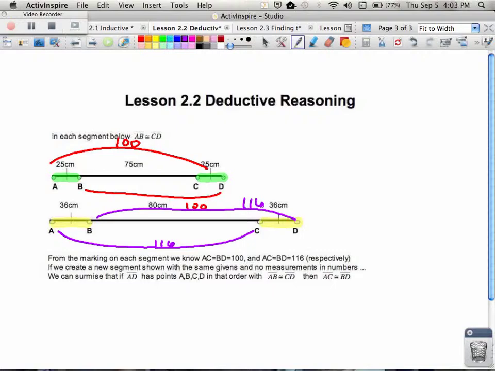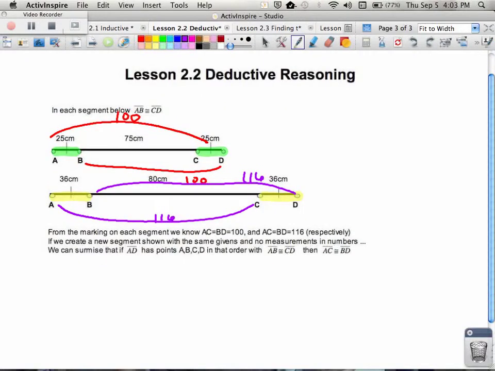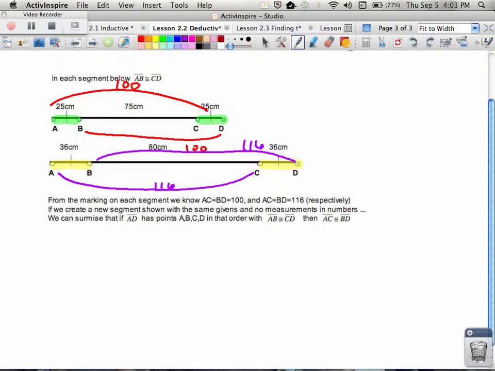And what this is trying to show is, even if I did not have numbers associated, so for example, if I drew another figure that had the same exact letters on it, so here's A, and here's B, and here's C, and here's D,